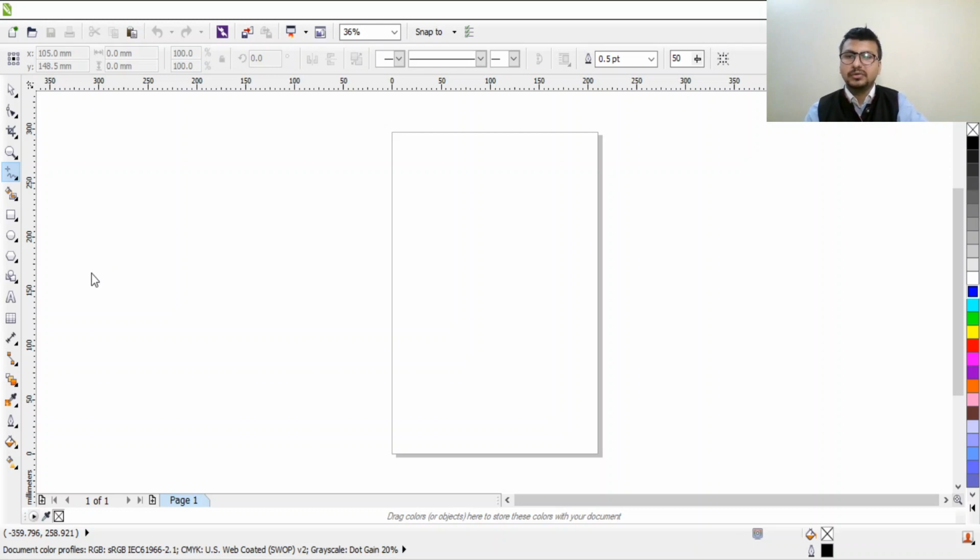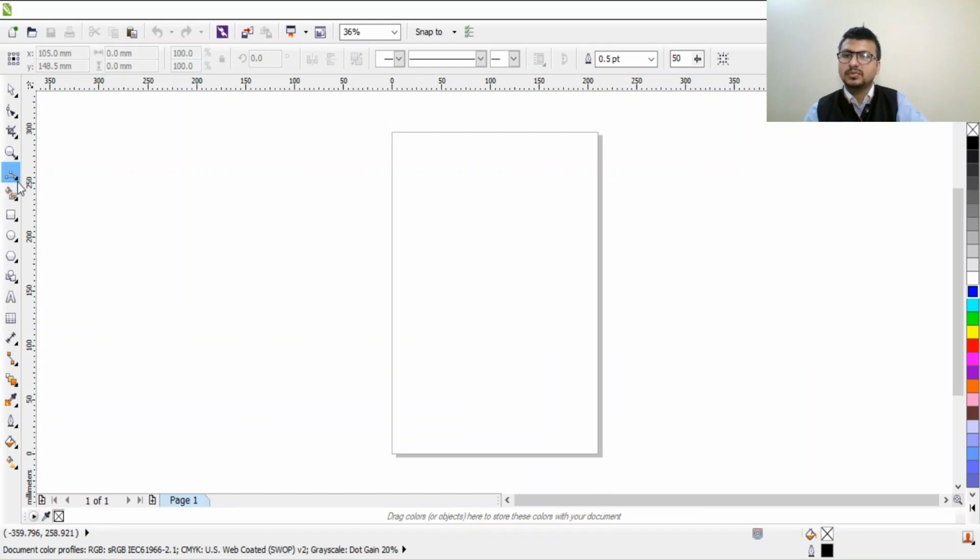Polyline tool, this is used to draw connected curves and straight lines in continuous action. Last one is three-point curve. This is used to draw a curve by dragging from the starting point to the end point and then positioning the center point. When we go deeper into the design, we'll be doing the experiment practicals with each and every one of these freehand tools.